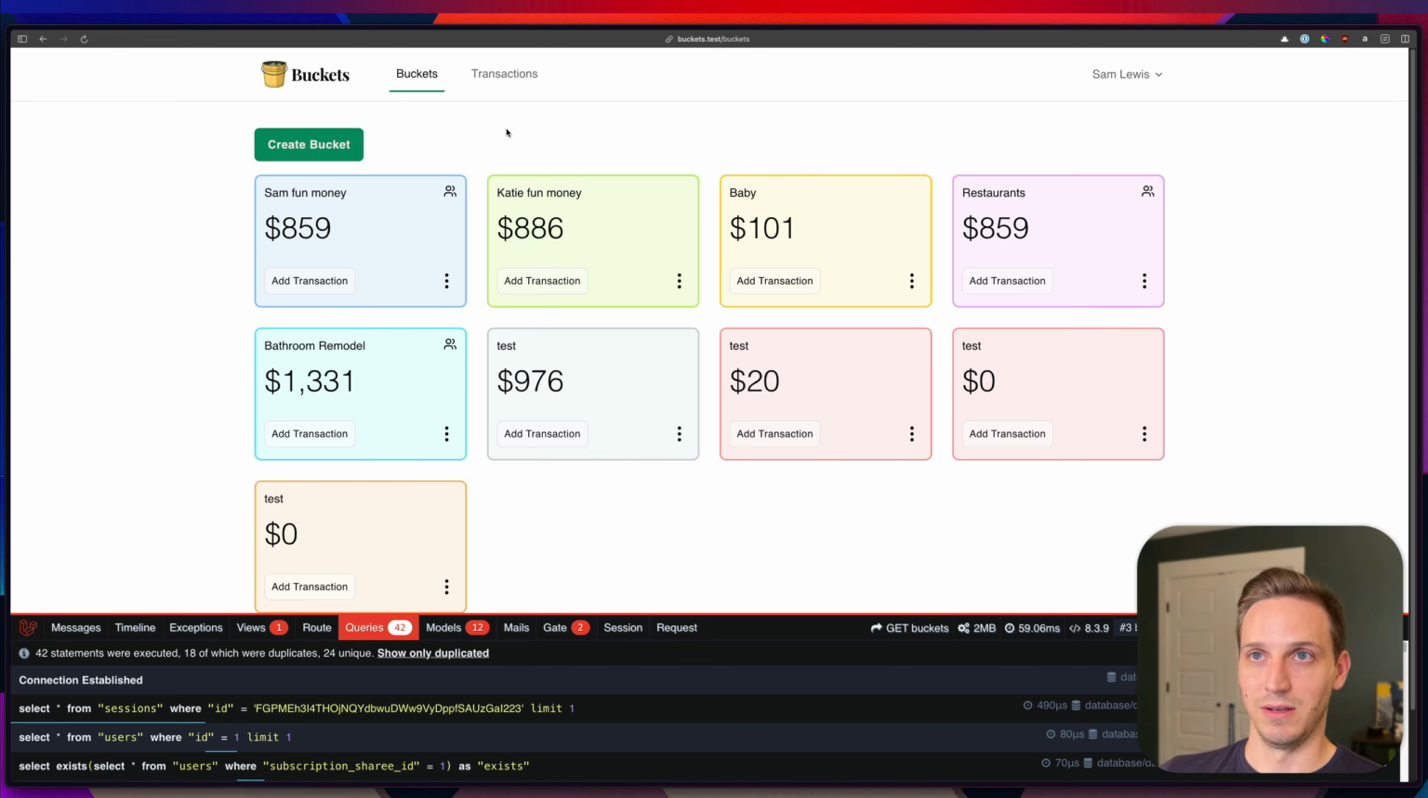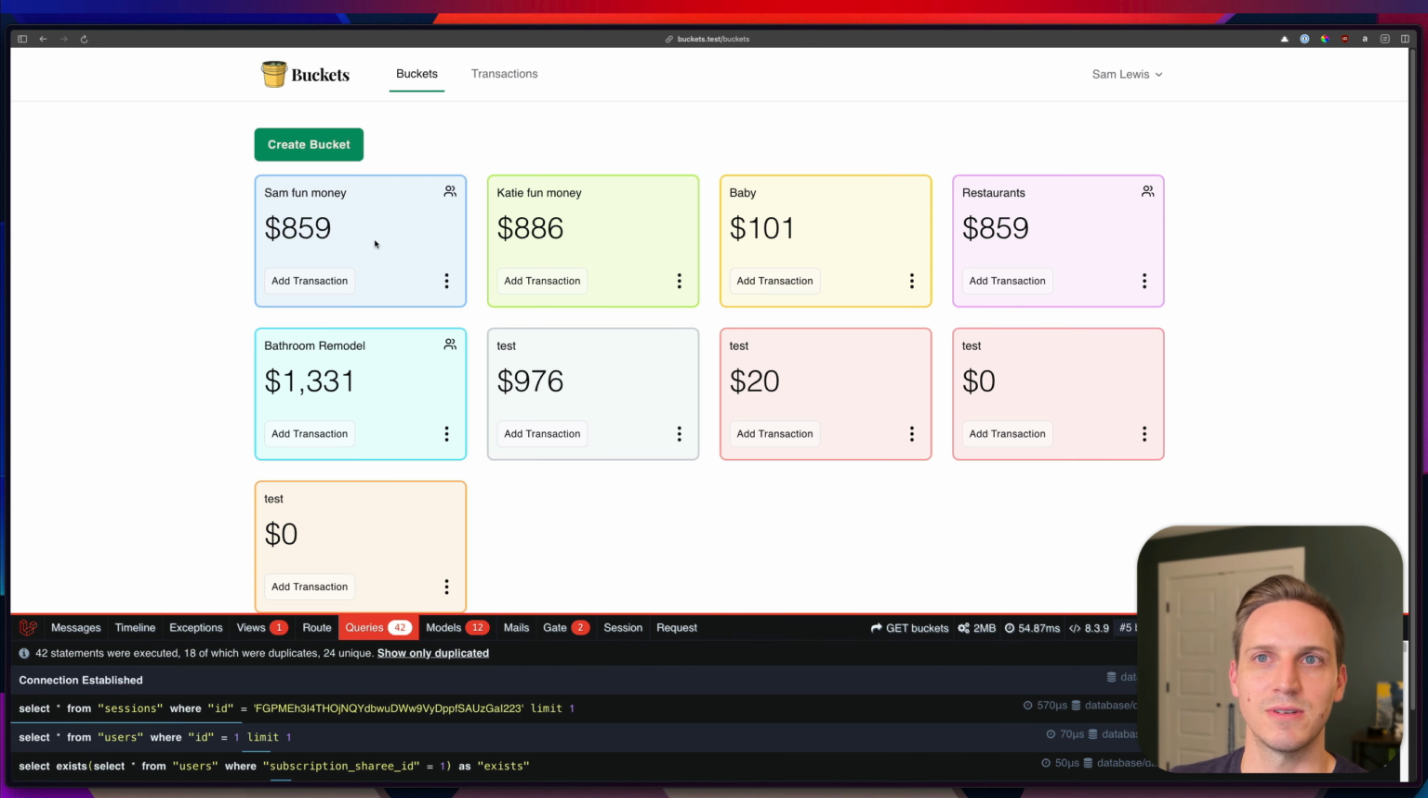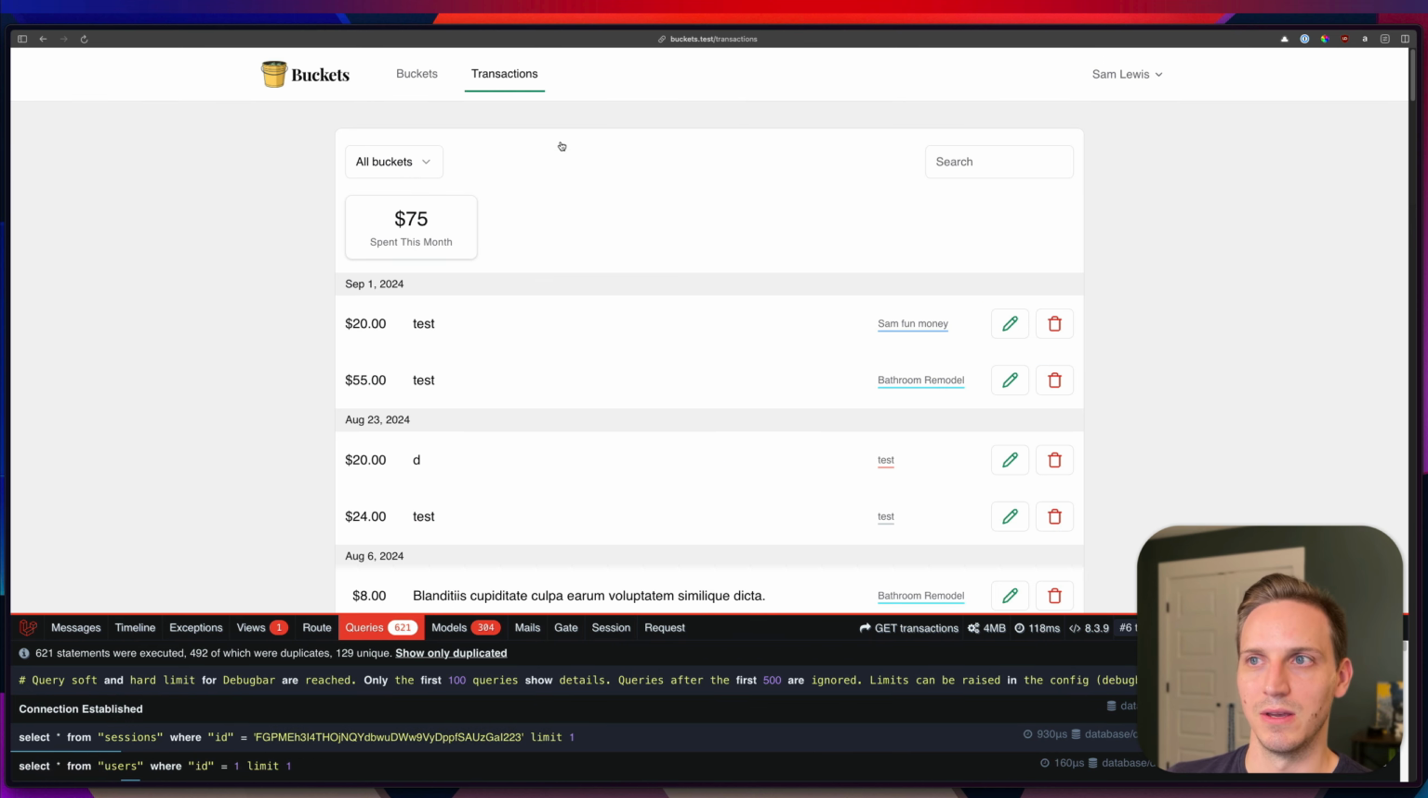But I know when I think about a bucket, I'm not always showing the display amount. For example, for every transaction on the transaction screen, we're actually showing the bucket that it belongs to. We show the bucket name, and the little underline is the bucket color from the home screen. So Sam Fun Money is that blue, and you can see it's the same blue over here. So all I really need here is the title of the bucket, or the name of the bucket, and the